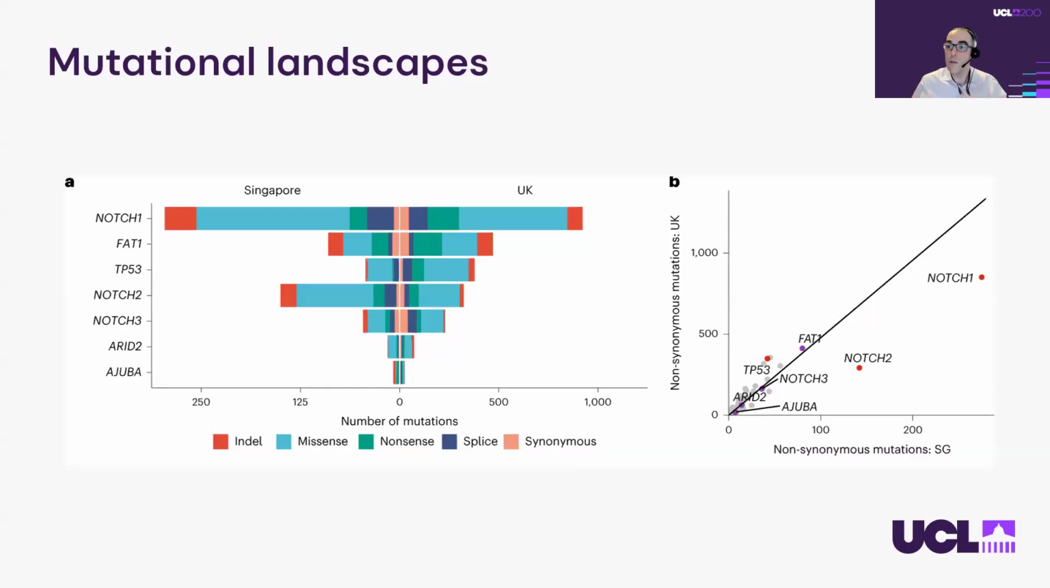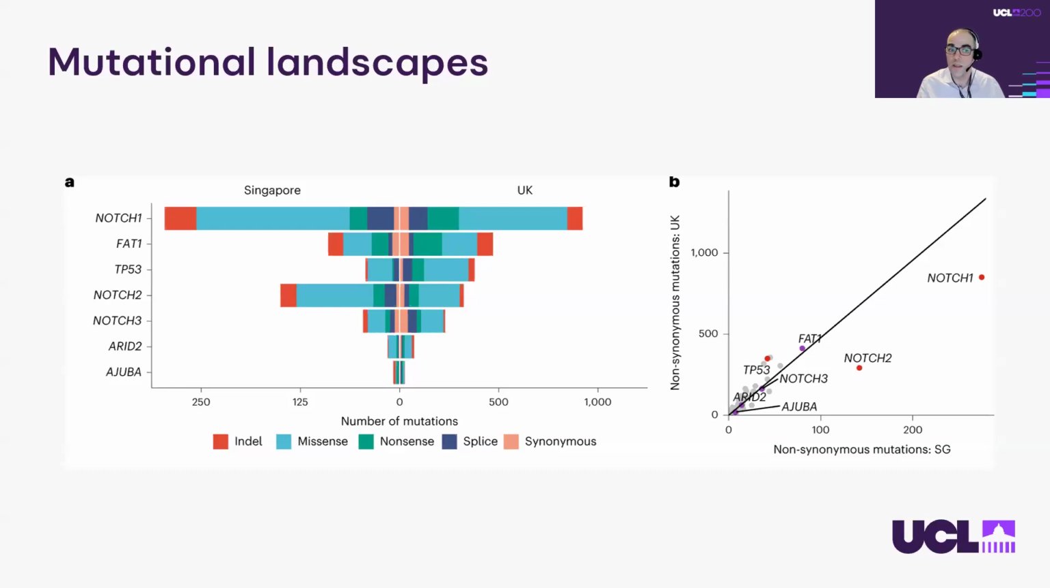We can, going beyond the global picture of mutation, also look at individual genes in this study. Now, the genes that are heavily mutated are common to both populations. What's interesting is that they're not equally common. They're not a mirror of one another. And in fact, we find that some genes are more commonly mutated in the UK and some in Singapore, and